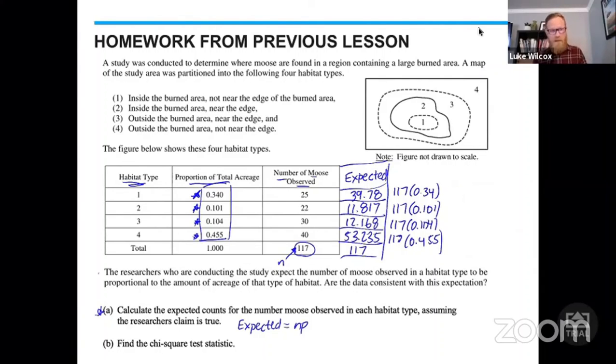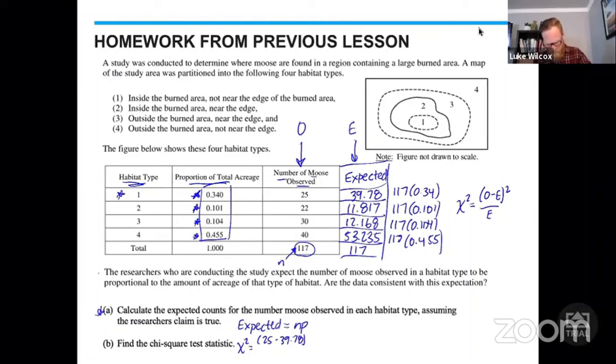And now we should be able to calculate our chi-squared test statistic. And just as a reminder, chi-squared test statistic, observed minus expected squared, all over the expected. We got all of our observed values here. We got all of our expected values here. It is now just a matter of plugging those into the formula. So our chi-squared value is going to be, I'm going to start with habitat type 1. So 25 was the observed,